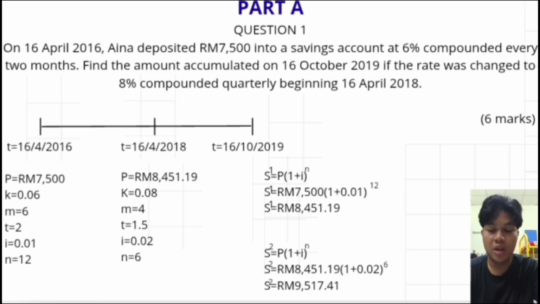For the second question, we will use the same formula, which is S equals P in bracket 1 plus I to the power of N. S equals 8,451.90 ringgit in bracket 1 plus 0.02 to the power of 6. The answer will be